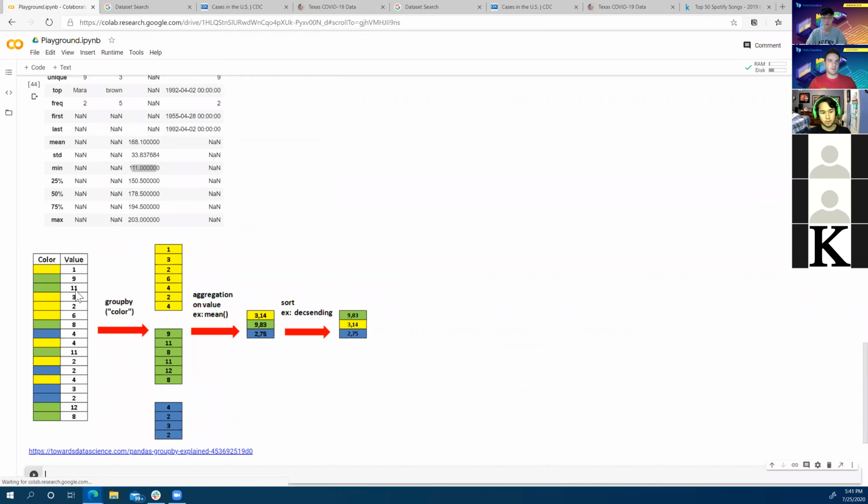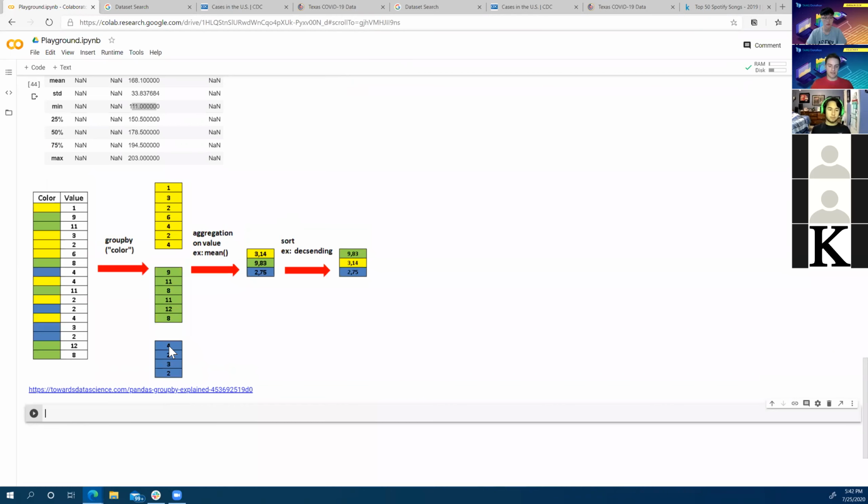We're going to talk about a function called group by. What group by does is, you say the data frame dot group by this, and it takes a categorical type and basically pivots off of that. So we can see in this example, if I called group by on this data frame and said group by color, it would associate all rows that had that color. So all yellow rows come together, all green rows come together, all blue rows come together. And those stay in their separate objects. And then from there, we can perform an aggregation type of function on each of those.